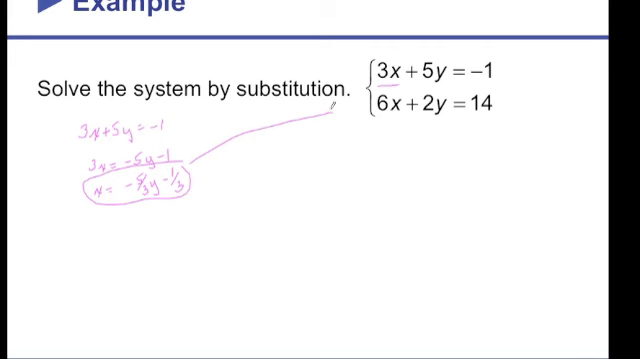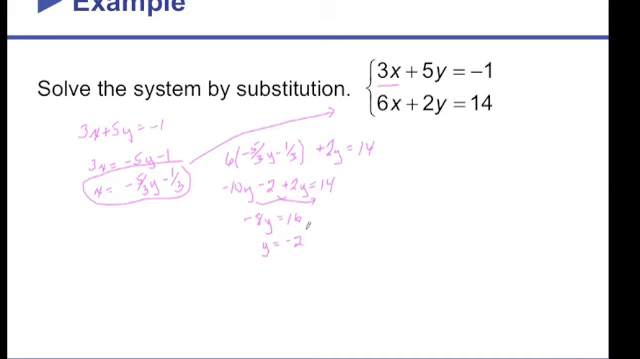I substitute that into the other equation. So now I have 6 times (-5/3 y minus 1/3), still plus the 2y equals 14. 3 goes into 6 2 times, so -10y. 3 goes into 6 2 times, so times the 1 will be -2, plus 2y equals 14. Combining like terms here, I'll have -8y equals, adding 2 to both sides, equals 16, and I find that y